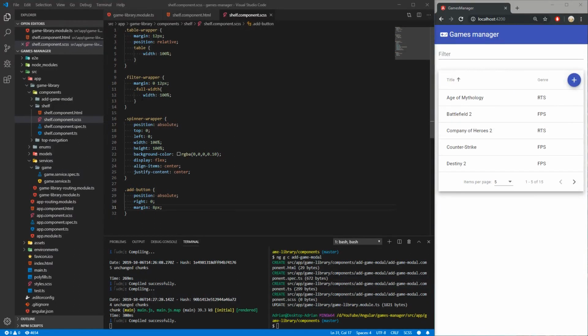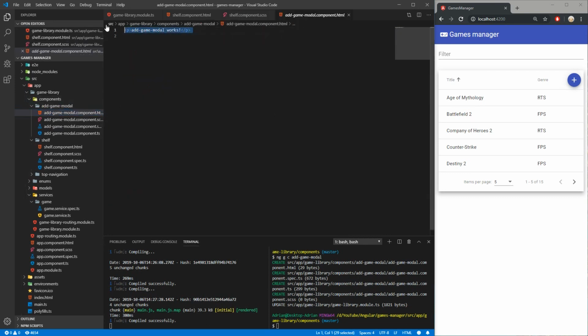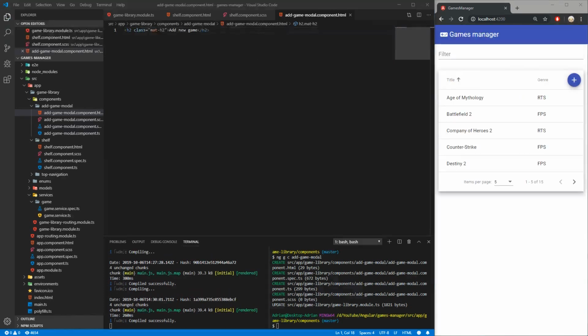So let's navigate to the HTML file of our modal, get rid of this thing, and let's add an h2 tag, and let's say it will be add new game. Also we'll add the material class, so it will be displayed correctly, and we will say mat-h2. Okay, and let's save it. For now we will leave it like it is,